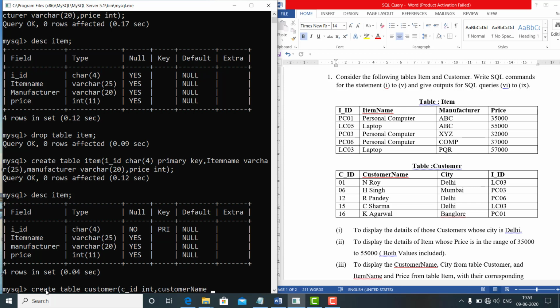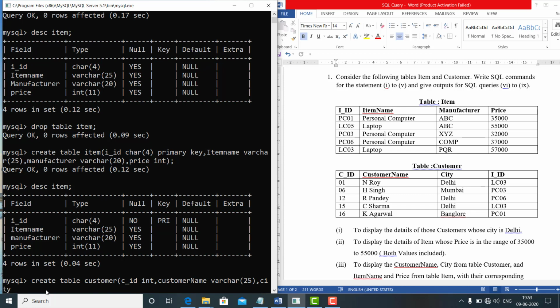Its data type we will put varchar with a size. Assign the size. The next column name is city. Its data type we can also use varchar. Its size is 20.